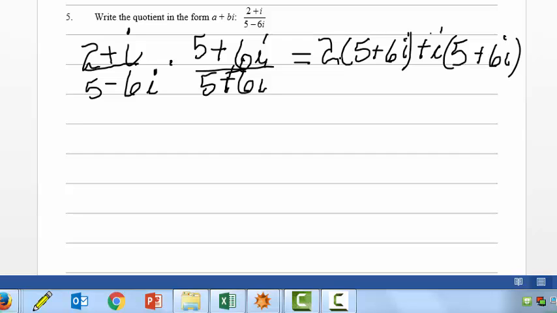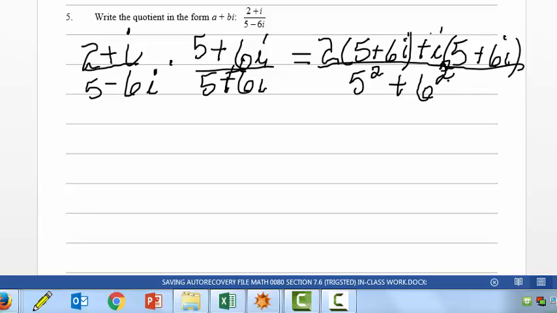Then in the denominator, as we've seen, whenever you multiply conjugates, you're going to get a squared, which in this case is 5, plus b squared, which in this case is the square of 6. b is 6. All right, so I'm going to expand this,